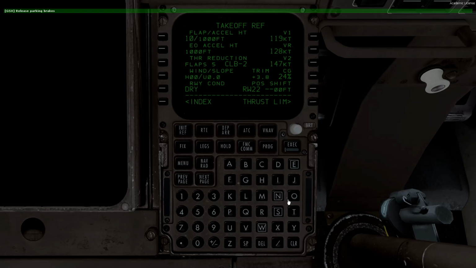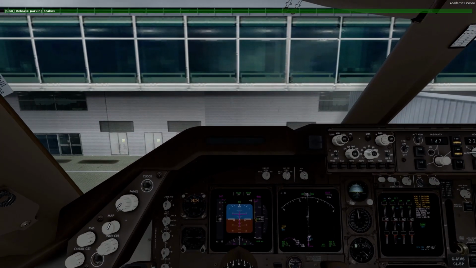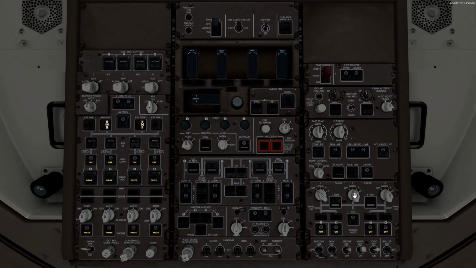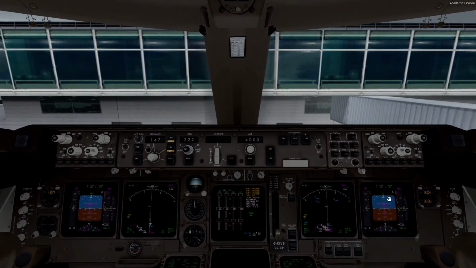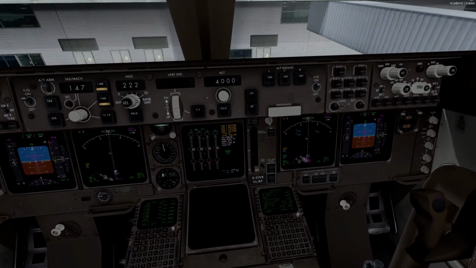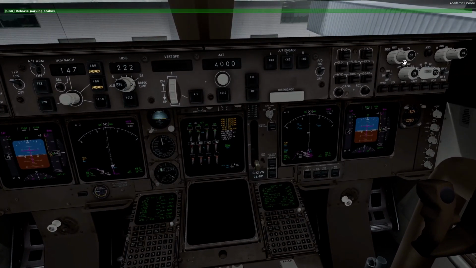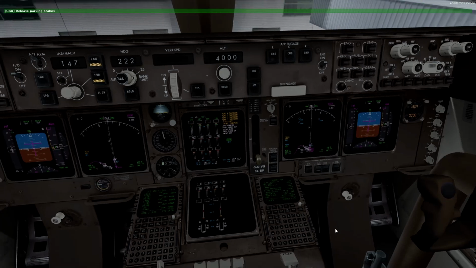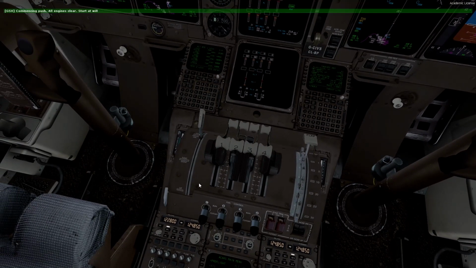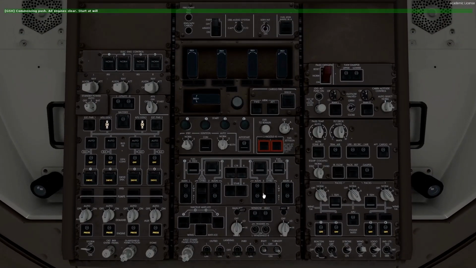release parking brakes. We can now release the parking brakes once we have turned off the packs to allow engine start. So the engines can start as well. We can enable the secondary engine page on the MFD here, and now we can release the parking brake. Commencing push. We want to start engines 3 and 4 first, so we will select